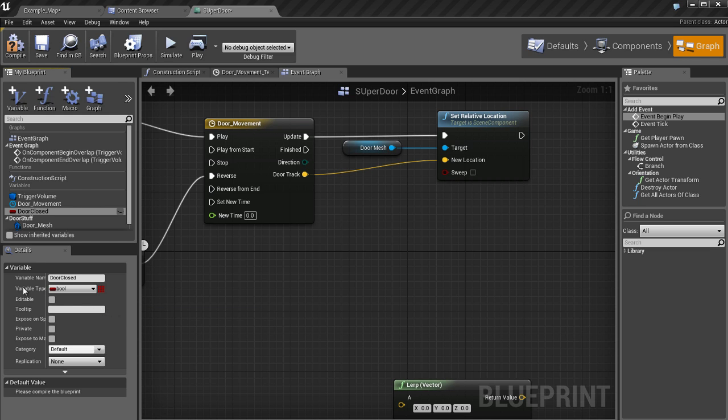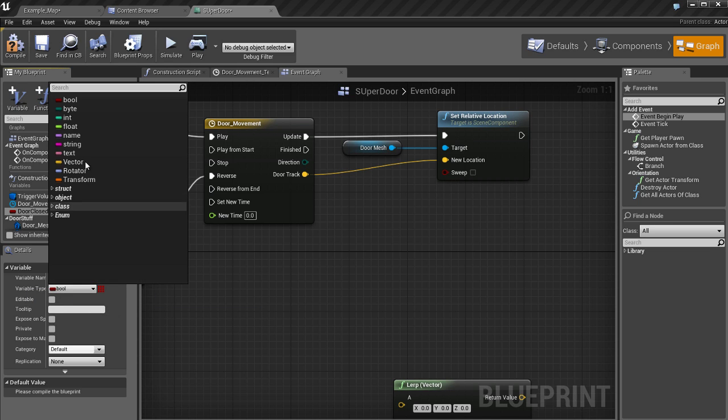And I'm going to set the variable data type down here, and we can see we have a few different data types. If you're totally new to programming, you're probably not familiar with any of this stuff, so don't worry about it for now. Just a quick, rough, really fast overview of this stuff. These are the different data types that we can use with the Unreal Engine. And believe it or not, the majority of game engines out there, and even 3D software, like say Maya, Softimage, stuff like that, they all use these different data types. So bool, which is short for Boolean,